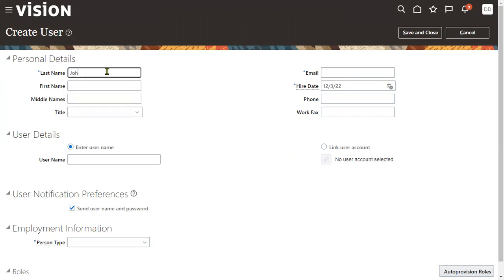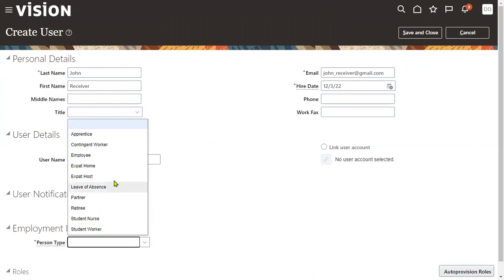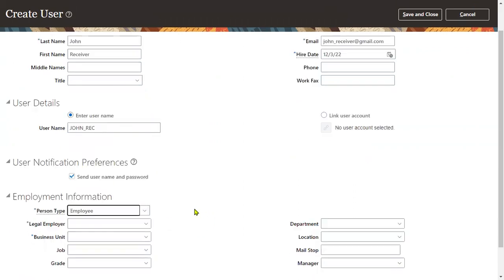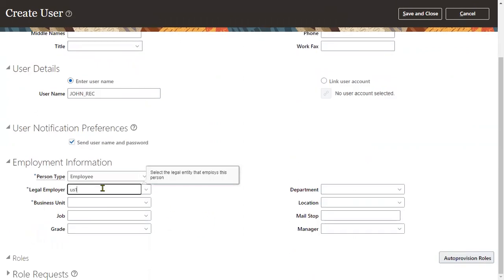And here, John Receiver. We are going to say that he is one of the employees for our legal employer, US1 BU, as well as for US1